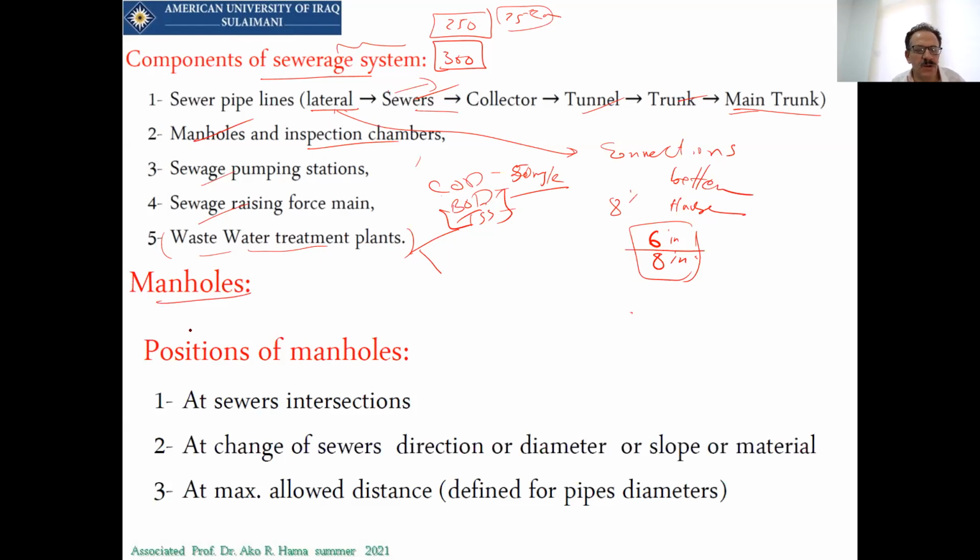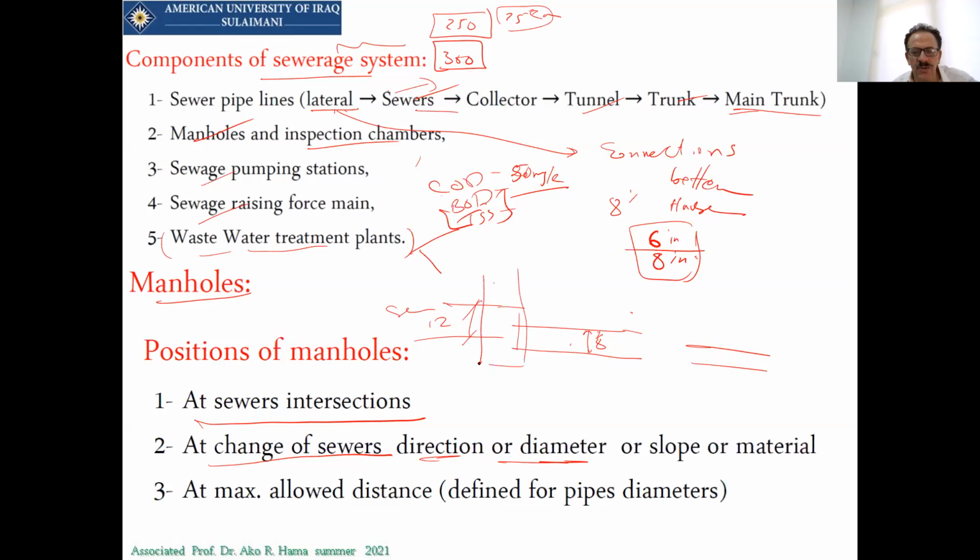And here are the manholes, and as I told you, at each intersection we need to put a sewer manhole. We have a change of the sewer direction and diameter. By the way, if you have a sewer, for example, this was 12-inch, and there will be an 8-inch, how do we connect between them?